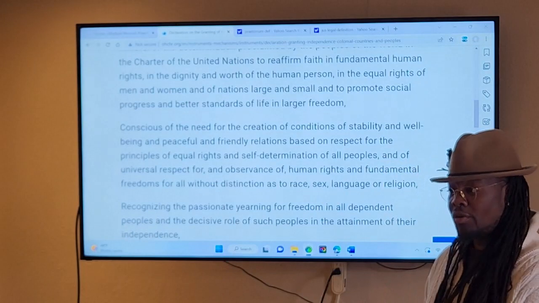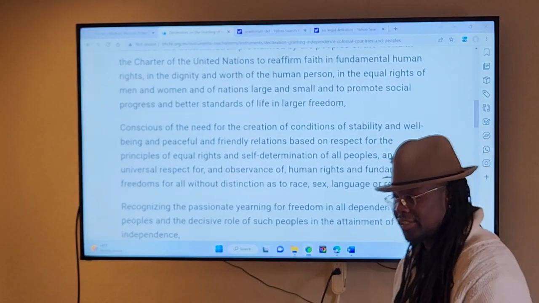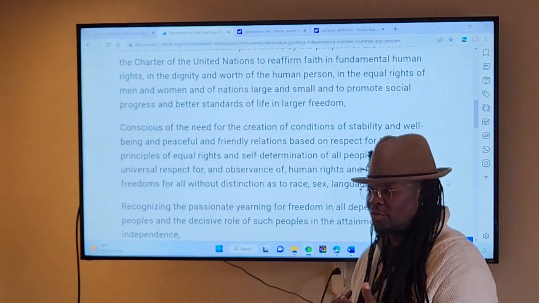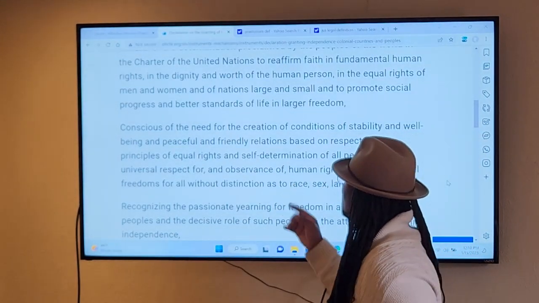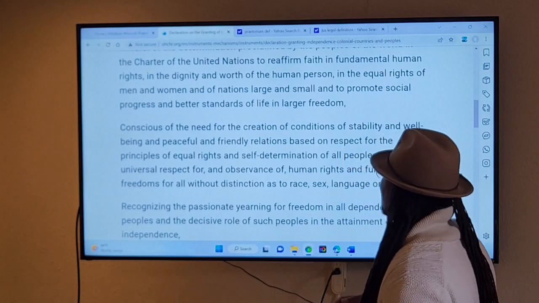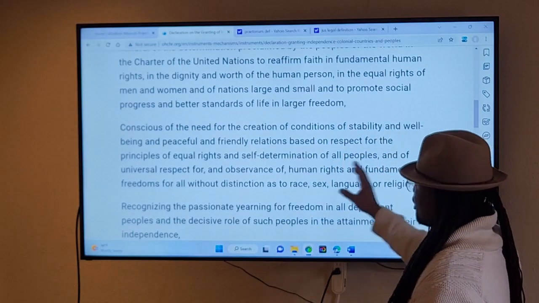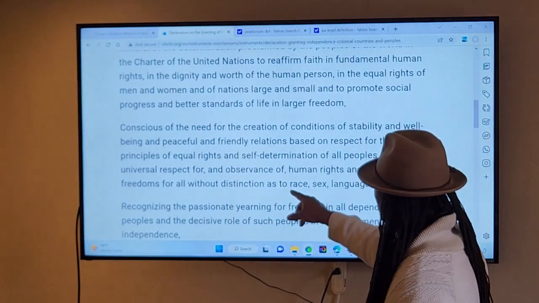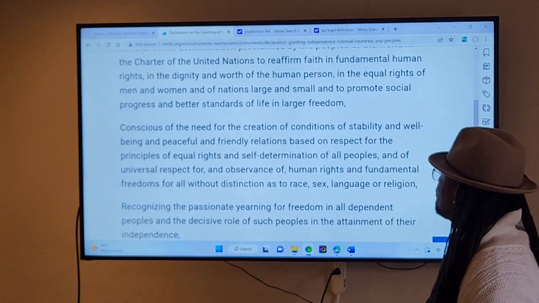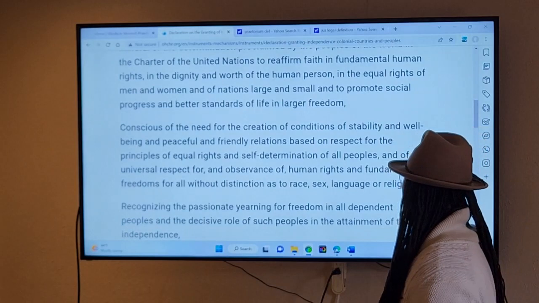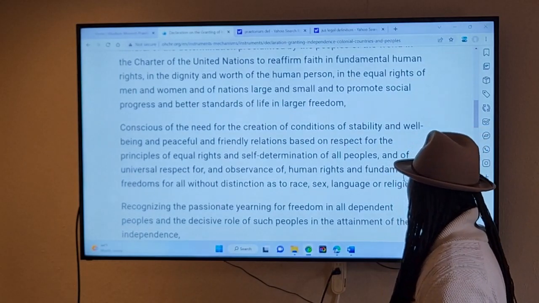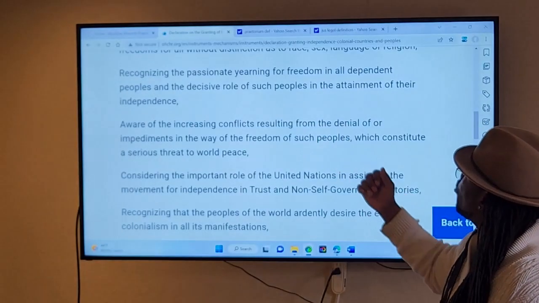As individual Moors, and as states, as newly formed states in varying degrees of advancement. Self-determination of all peoples in the universal respect and observance of human rights and fundamental freedoms for all without distinction as to race, sex, language, or religion. Go ahead and pick up at recognizing the